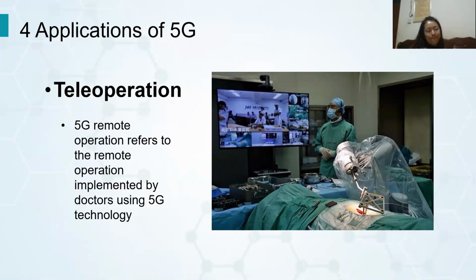In January 2019, a surgeon in Fujian province of China successfully removed the liver of an experimental animal by using a 5G network to operate a robotic arm in a remote area 13 miles away, which was selected into the top 10 events of future science and technology in 2019. And the next one,